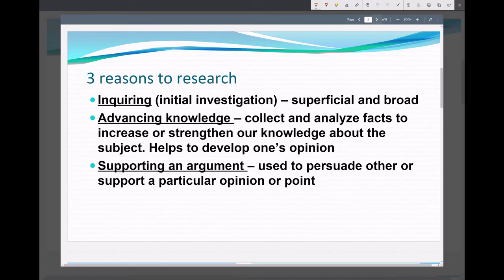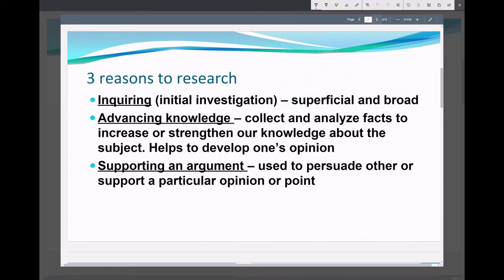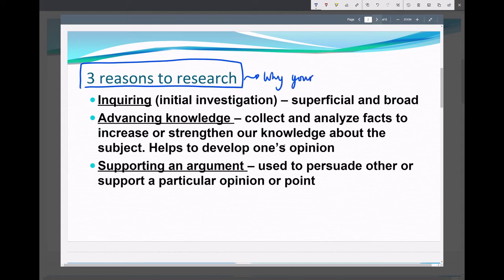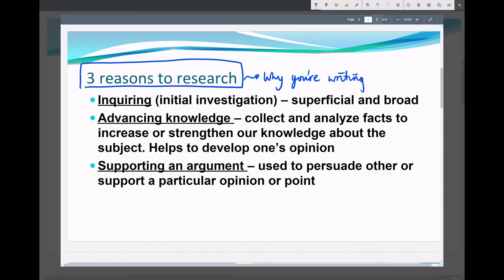Alright, going back to blue here for our pens. There are 3 reasons why we research, and these are the same reasons why you're writing these research papers.